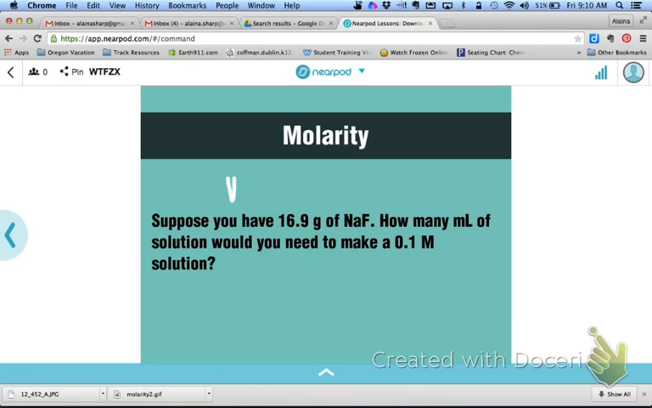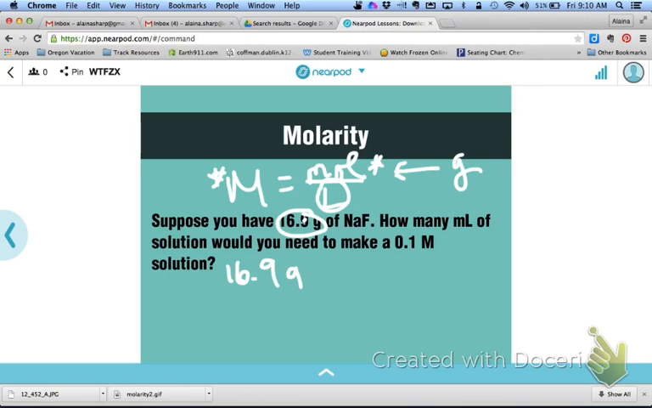So our big M is still equal to moles of solute per liters of solution, but this time we already know big M and it's 0.1. We're also going to be able to find our moles because we're given grams of our solute, but we need to know this bottom part, these liters. So let's go ahead and change our grams to moles right now. So we have 16.9 grams of NaF,